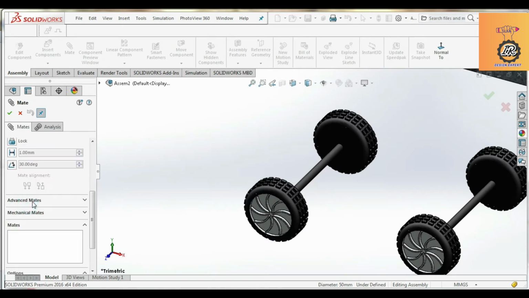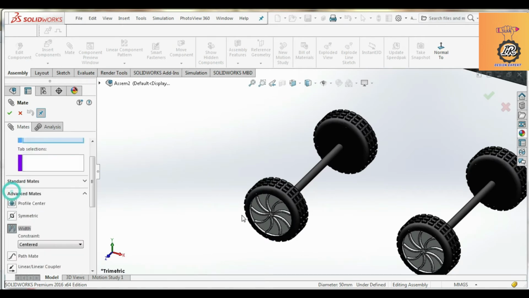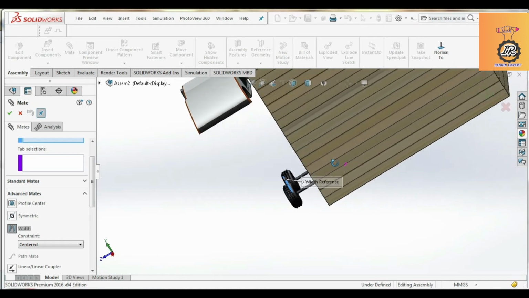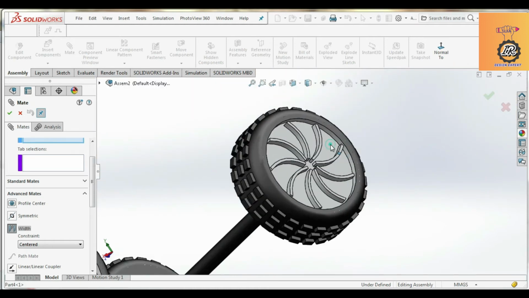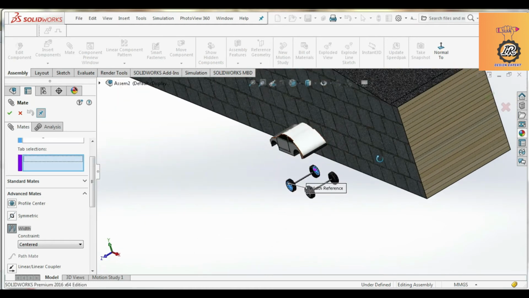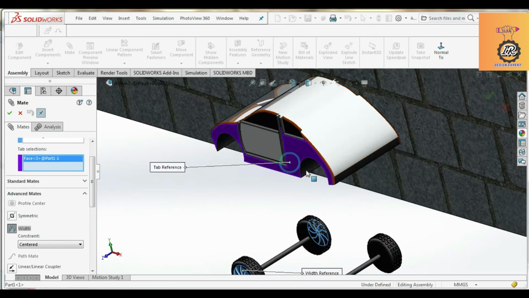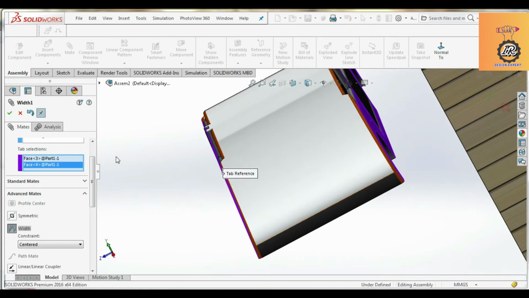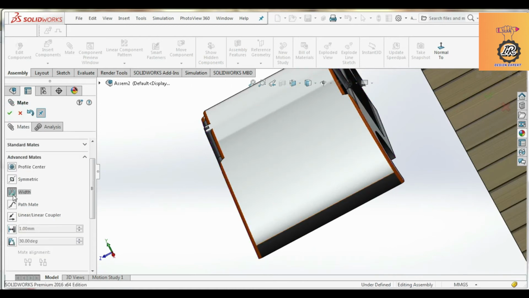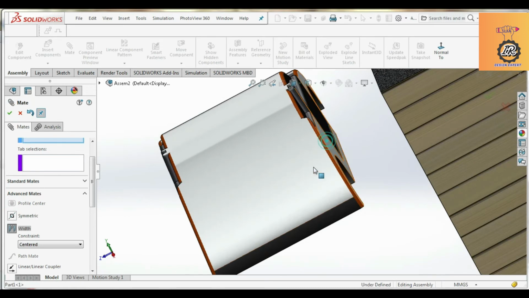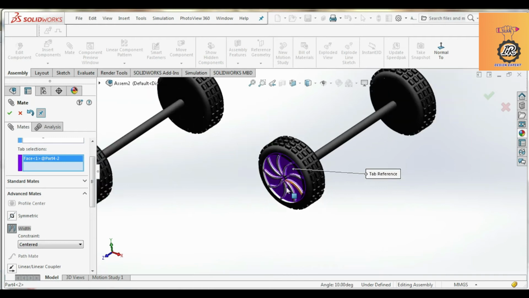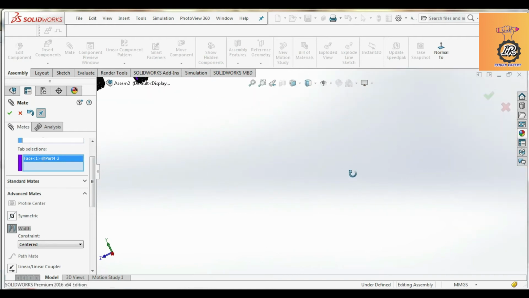Again you can select the advanced mate command. Select the outer surface of the wheel, two sides of the wheel, and we can select the two sides of the car. Automatically it predicts the center location. You can assemble here. Again select the width mate, two sides of the car and two sides of the wheel.